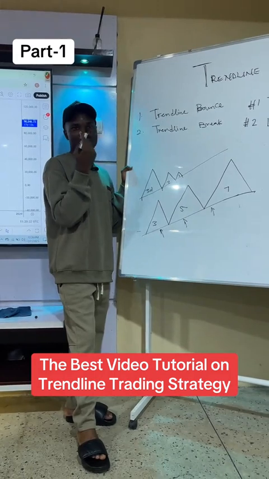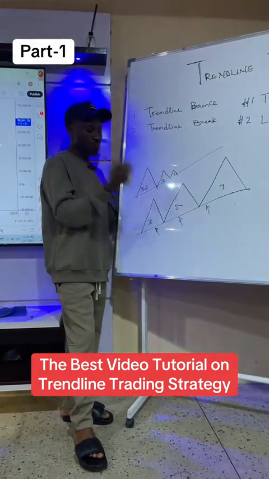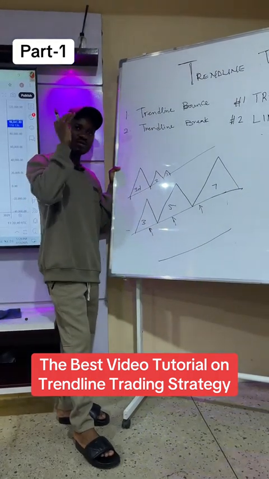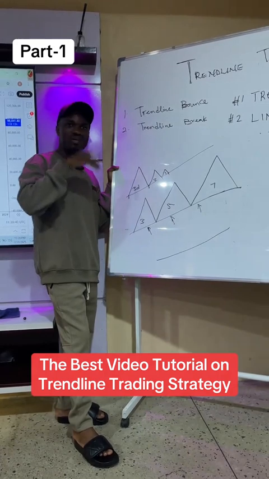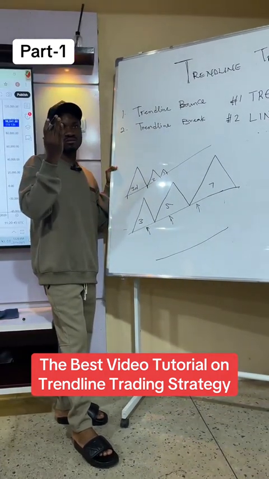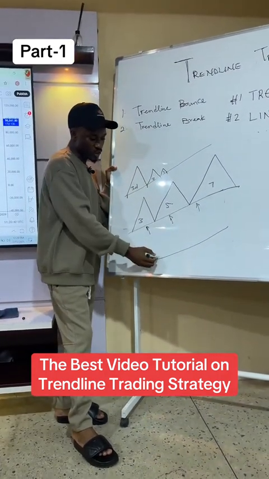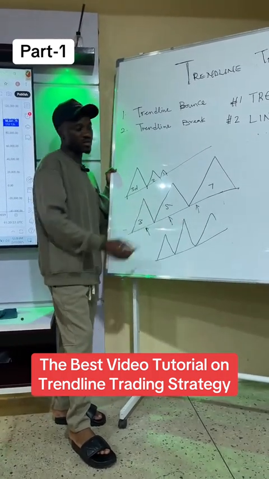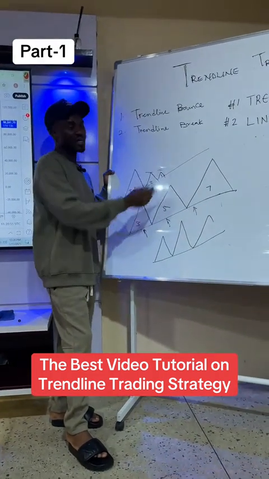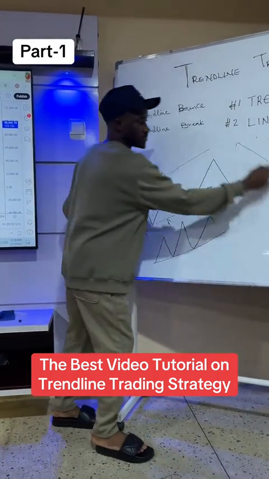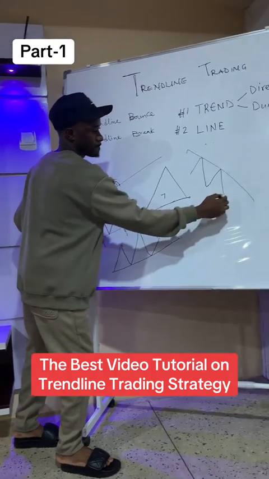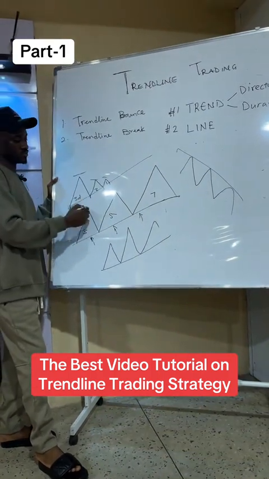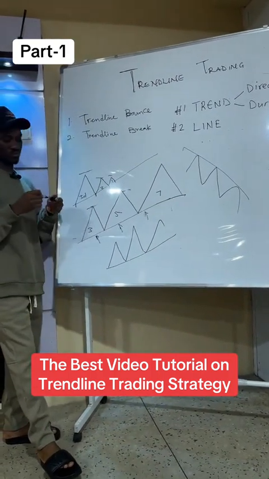And another thing you need to understand when it comes to trend line is when you are trading a trend line, there should be an increment in the impulsive move of that trend line. When a trend line is going up like this, and we are not seeing higher high, higher high. Instead, we are seeing low high, low high. Likewise in the downside. So don't worry. Let's just stop here so that you won't get lost.